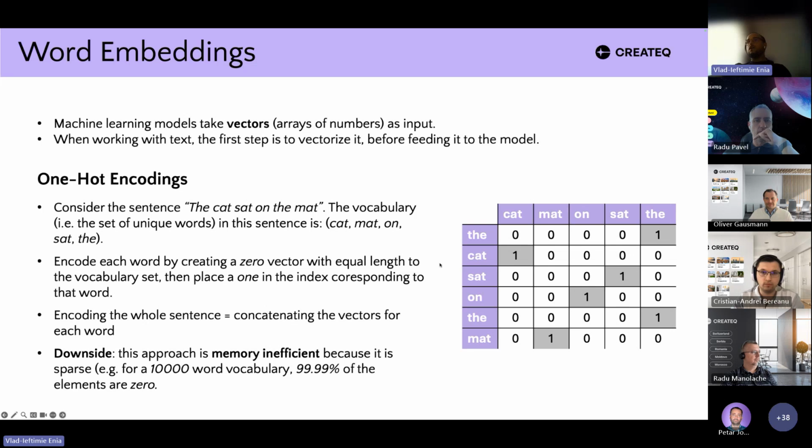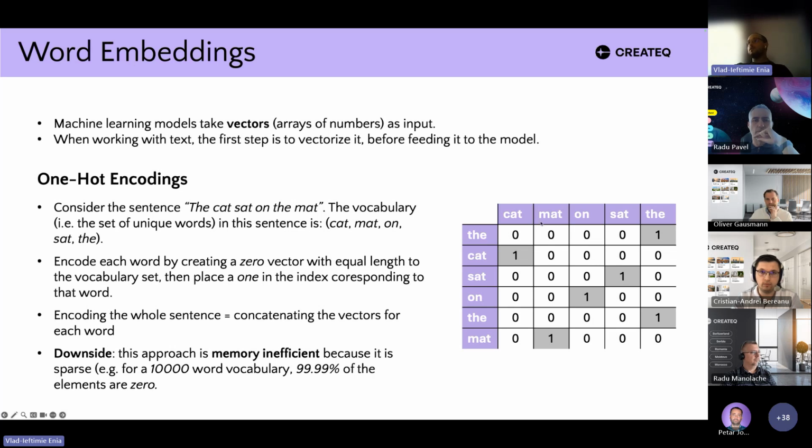If we want to encode this vocabulary, well, basically we want to encode the whole sentence. For each word, we would assign a vector with the size of the vocabulary with 0 values, and we put one on the index that corresponds to the word that we want to encode and to the place in the vocabulary.